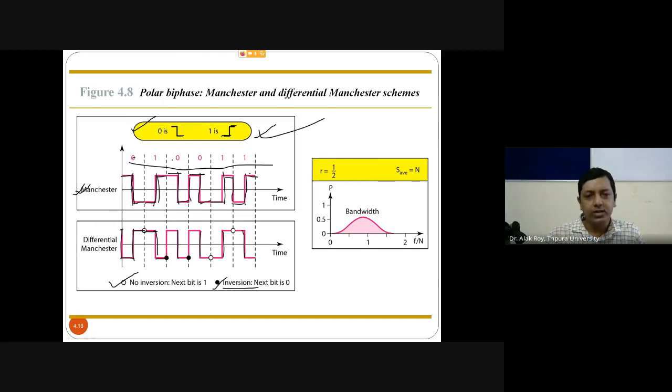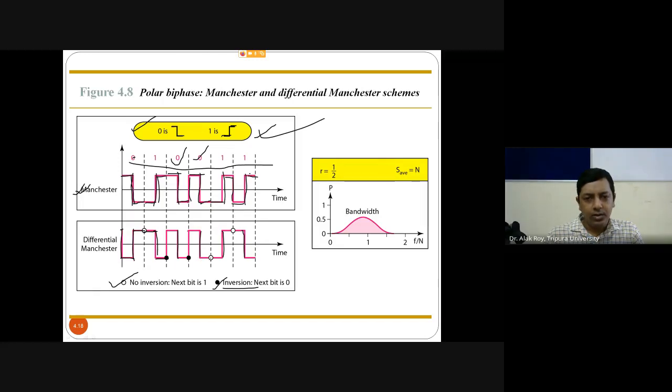So here you decide what you should do. The next bit is 0. Since it is 0, the rule says inversion. So invert and then continue. Automatic transition, come here. Again the bit is 0. So from here you decide inversion. The rule says inversion. So invert from here, go here. Continue. Then your automatic transition and you will reach up to here.